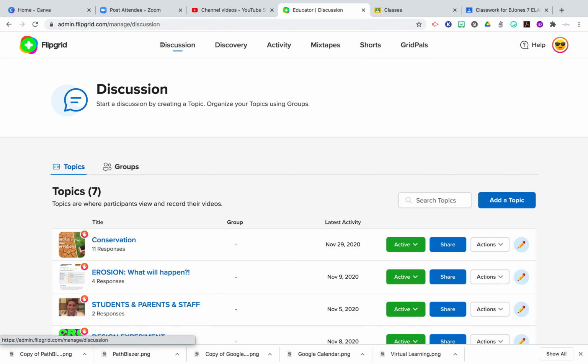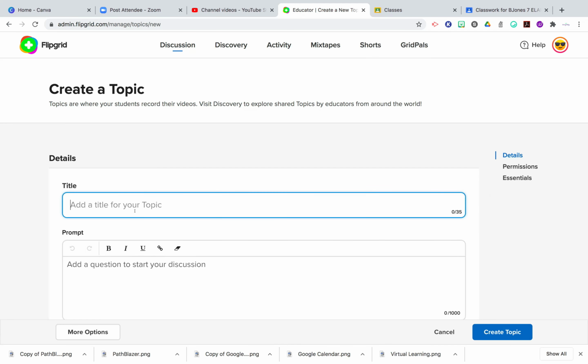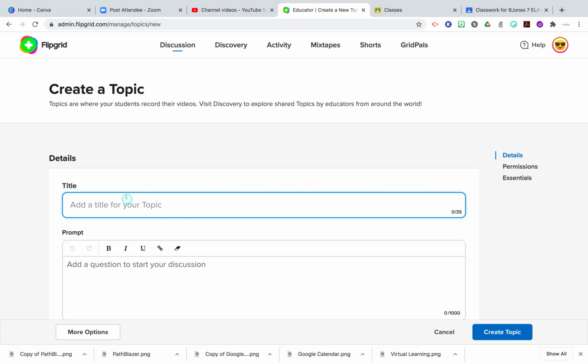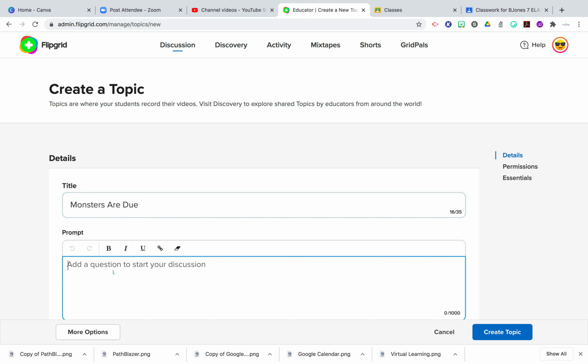So now I want to show you step by step how to create a lesson. So let's take, for example, we have 7th graders who are due on Maple Street. And then you can add a question or you can create a link that will add to the discussion as well if you wanted them to go to another website. So for this purpose, we're going to just write respond. And the question is,